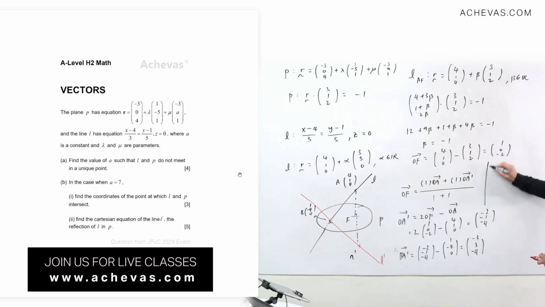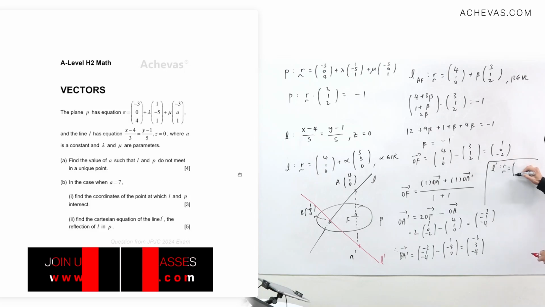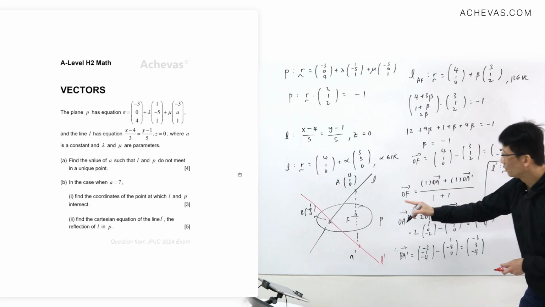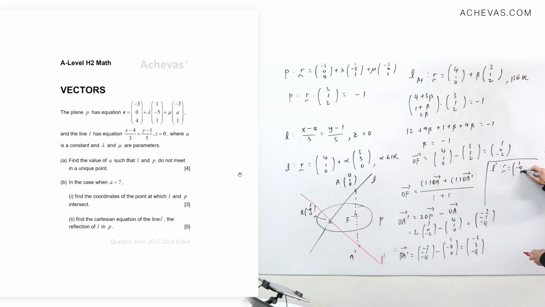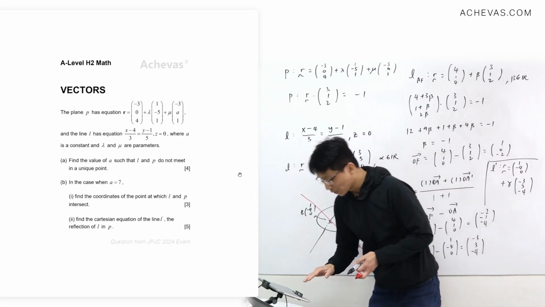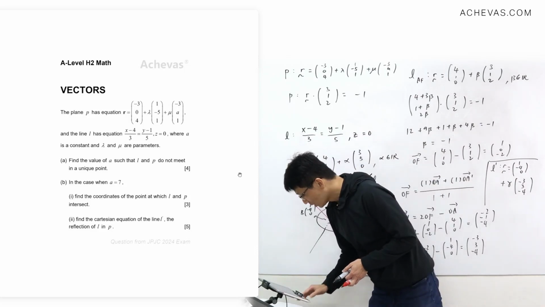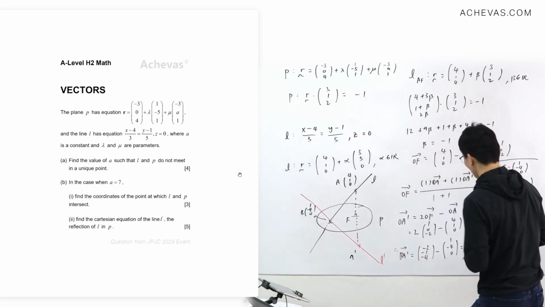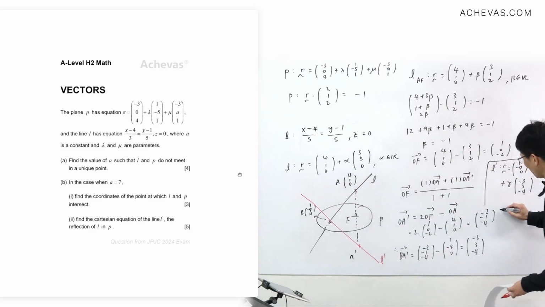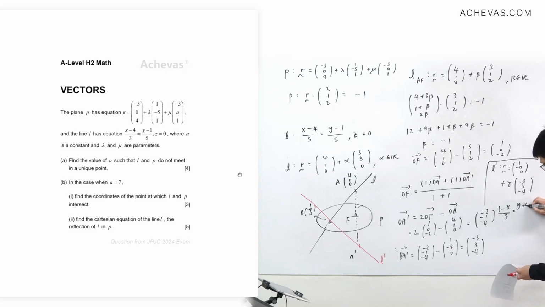Therefore my equation of the line will just be r equal to, passing through point B, which is (1, minus 4, 0), plus gamma of (minus 3, 3, minus 4). Since the question requires us to find the Cartesian equation, I will just convert this into the Cartesian equation, which will give me a final result of (minus 1 minus x) over 3 equal to (y plus 4) over 3 equal to minus z over